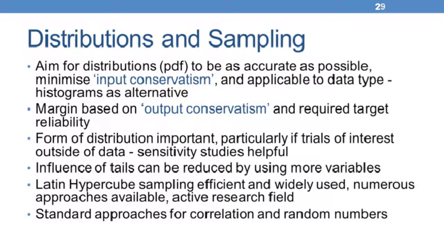In the document, we also provide some commentary on standard and well-established good practice relating to things like the fitting of distributions, application of certain distribution types, accounting for correlations in inputs, and a lot of this echoes guidance that's already out there, like some of the excellent guidance that's in, for example, the probabilistic appendix to the R5 procedure. There's no need to go into any more detail here. And similarly, in terms of